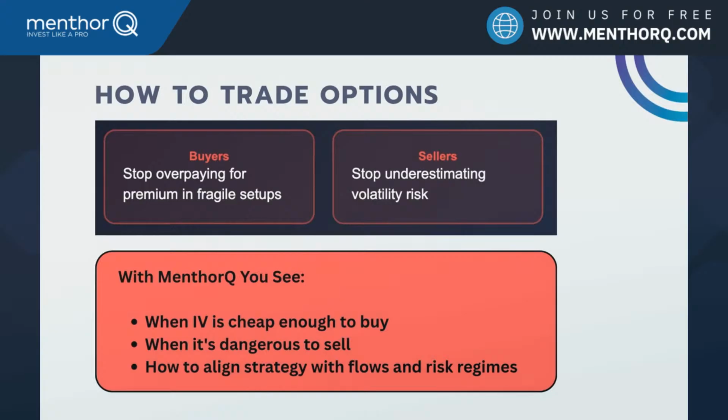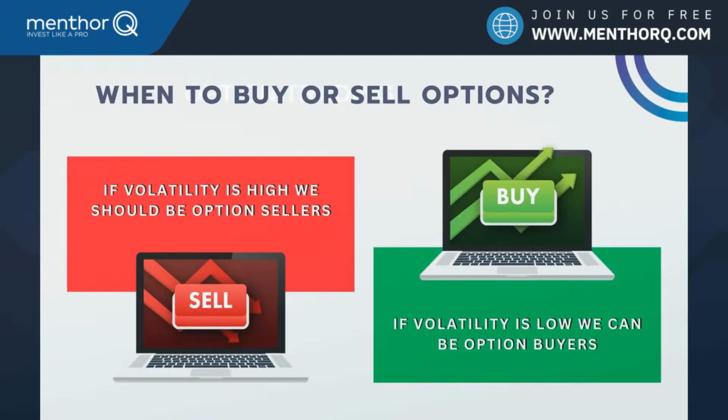But before we do that, let's go back to the basics, right? This is really the basic theory of options trading. You want to sell options when volatility is high, and you want to buy options when volatility is low, right? You're going to have a higher probability of success if you do this, because if you're buying options when volatility is high, it doesn't matter about the direction, your premium will probably lose because of the concept of theta decay